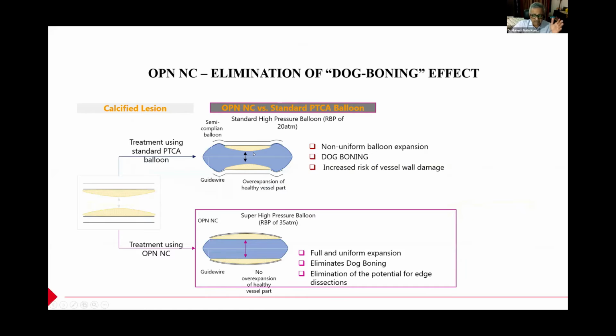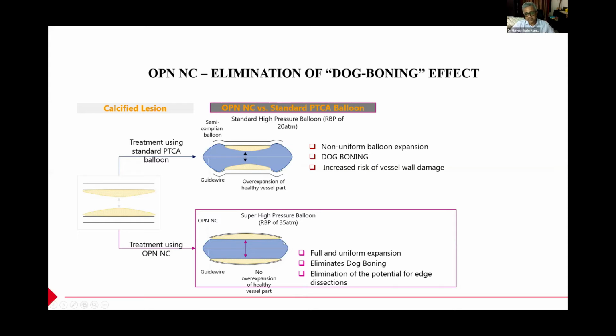So in addition, what are the biggest advantages? When you use a standard high pressure balloon, you will find that up to 20 atmospheres there is non-uniform balloon expansion. There could be dog boning, and this dog boning is what causes vessel wall damage. The edges get dissected, or the healthy segment gets dilated very much, and the area we want to dilate doesn't